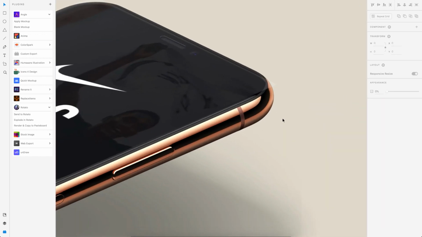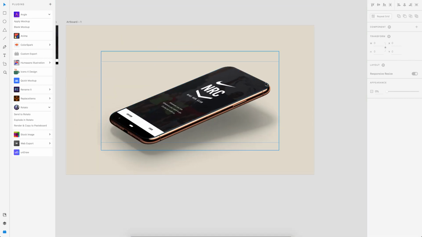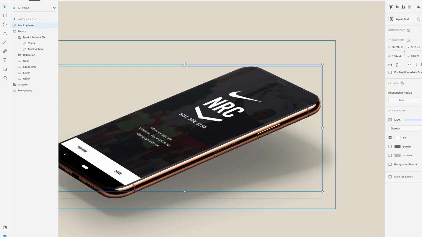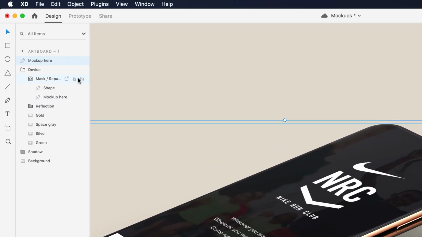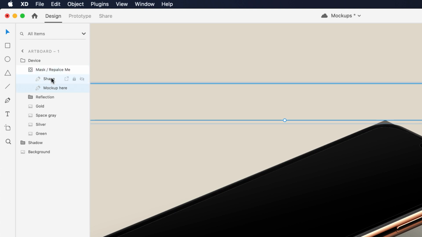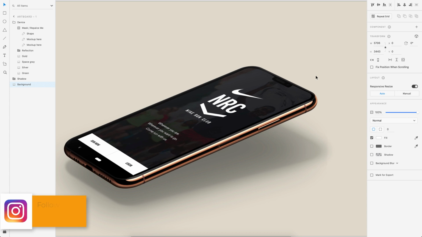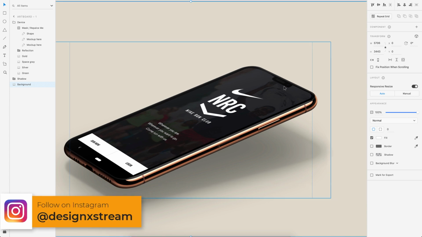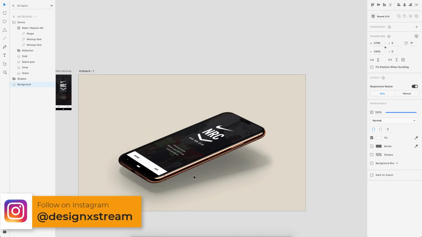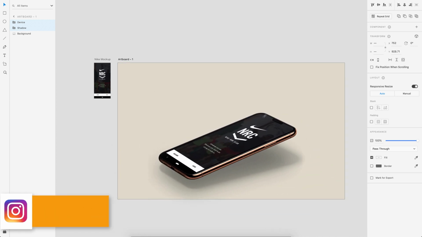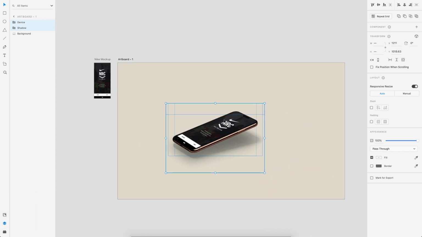But if you zoom in, you'll see that the corners are sharp and it's going outside the screen layer, and that is because we have not put it inside the mask. So once this is done, all you got to do is just select this, head towards layers tab, you have it outside, just cut it and select the mask layer or the layer inside the mask and just paste it inside that, and there you go, you have this all properly set, you have the notch being seen and everything is properly set. You can use this at any place that you want and just resize it or do whatever you want. So that's all about how to use this.